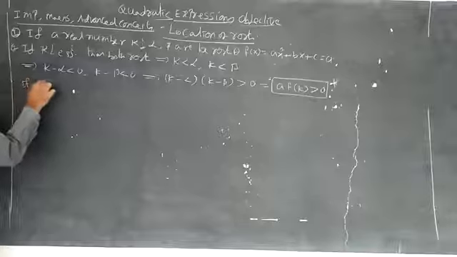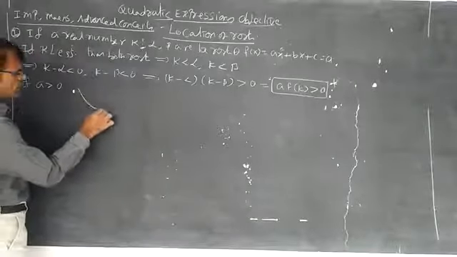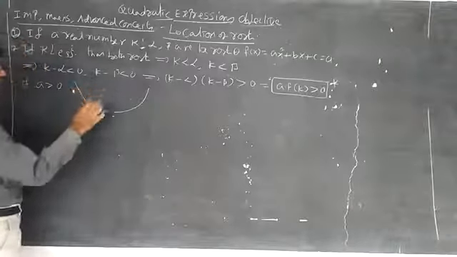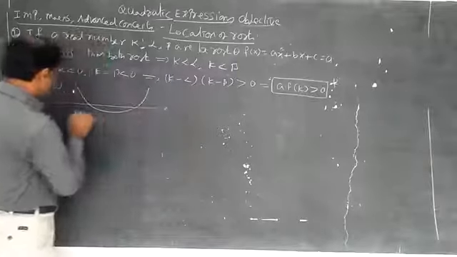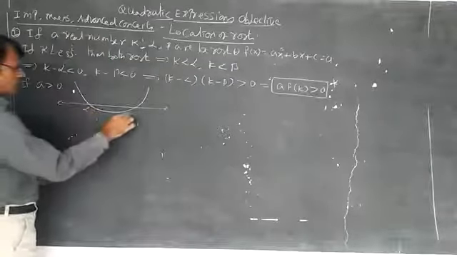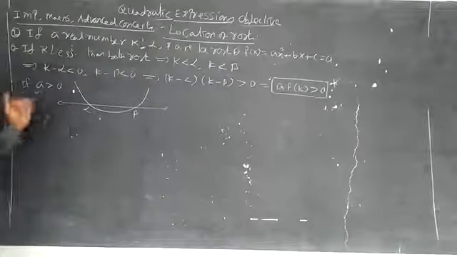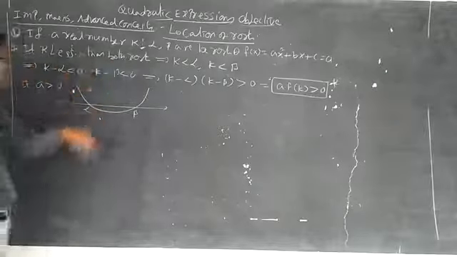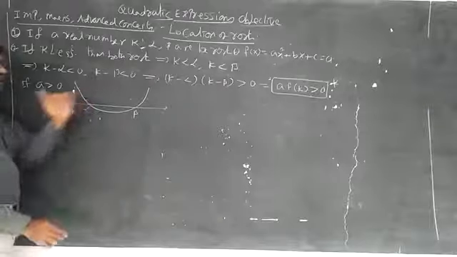This is a, and draw the graph. If a greater than 0, draw like this. Whenever a is greater than 0, the quadratic equation graph is of course always a parabola. It has distinct roots, here alpha and here beta. The graph is an upward parabola. This is a greater than 0. Whatever I am discussing, k is less than both, so put here k. K less than alpha and k less than beta.